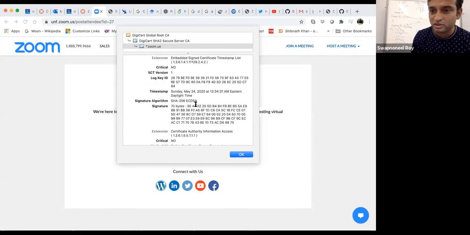We are not going to review the DSA algorithm, but it is one of the public key ciphers available in the first slide. It's there in the textbook. If you are interested, we won't have time to review DSA, but it is also used for digital signature, another public key cipher. In this case, the elliptic curve version of it is used for the signature. So EC stands for elliptic curve.